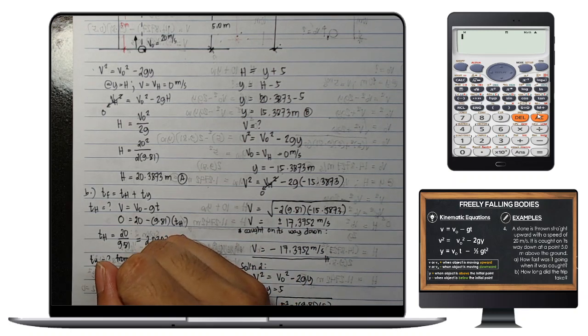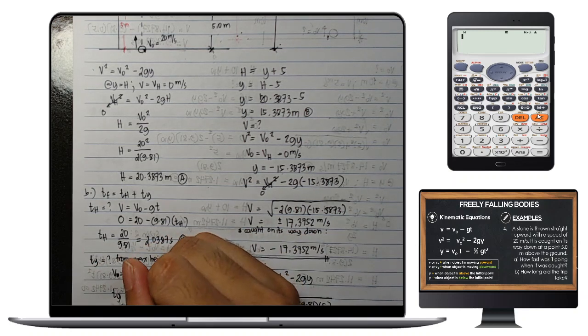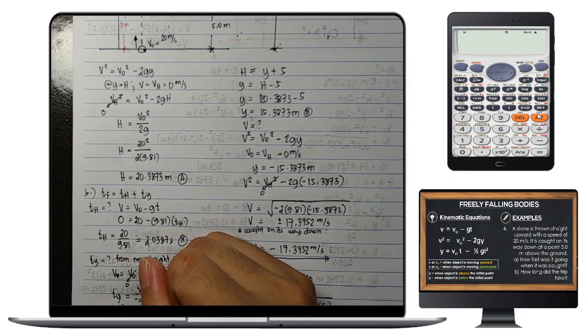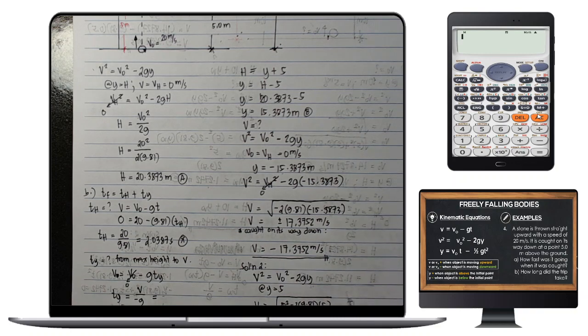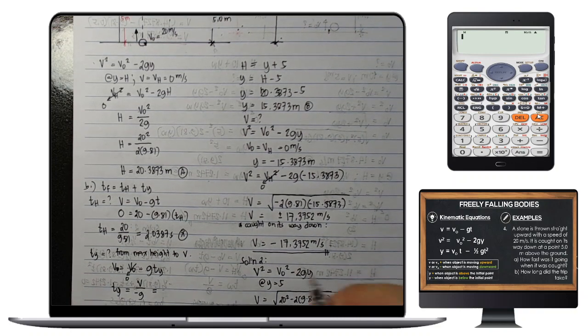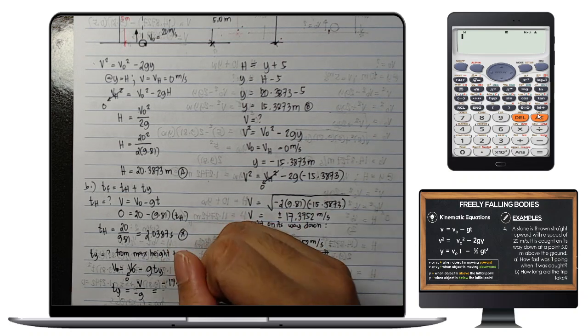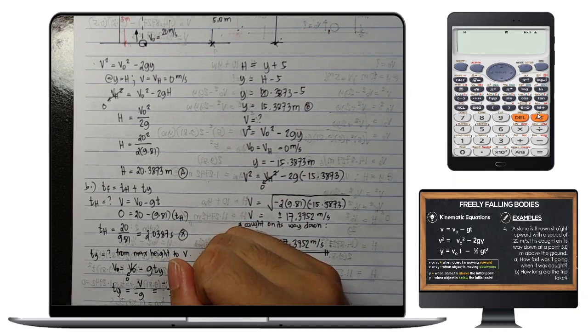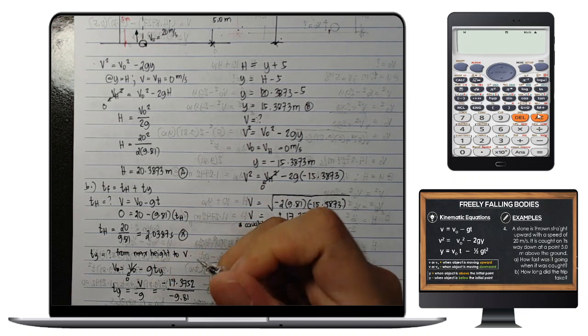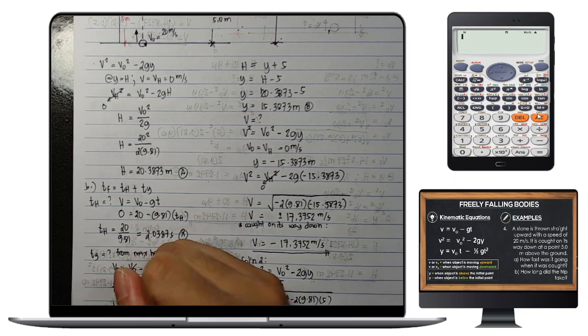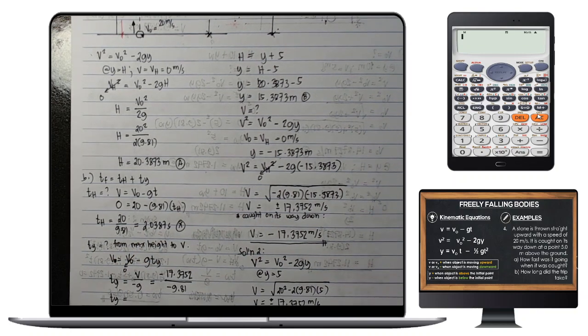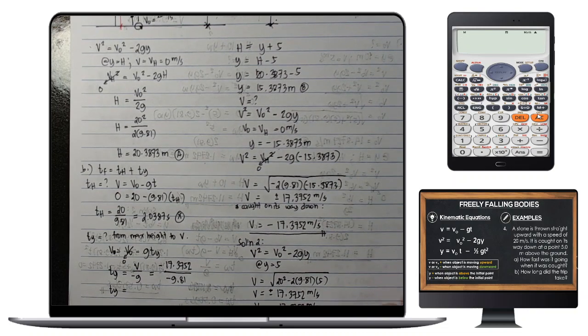So, T sub y natin is equal to V all over negative G. Okay? Di ba yung V natin dito is equal to negative 17.3752, isa-substitute lang natin yan, divided by G, which is naka-negative pa. So negative 9.81. So, T sub y natin is equal to, substitute lang. Yung velocity natin kanina,